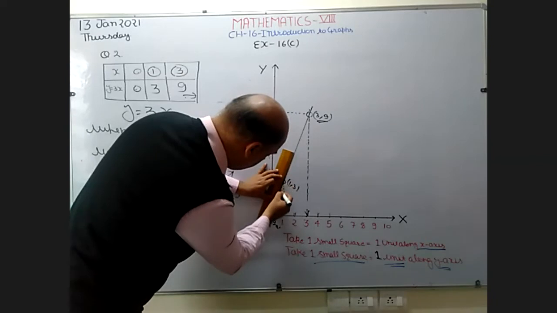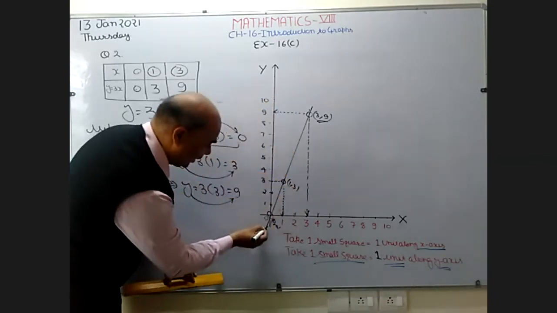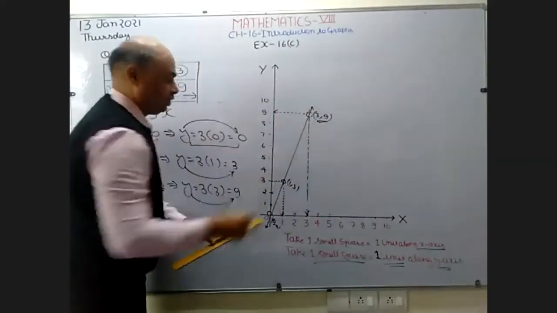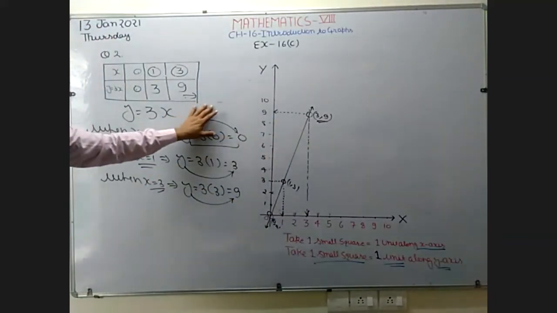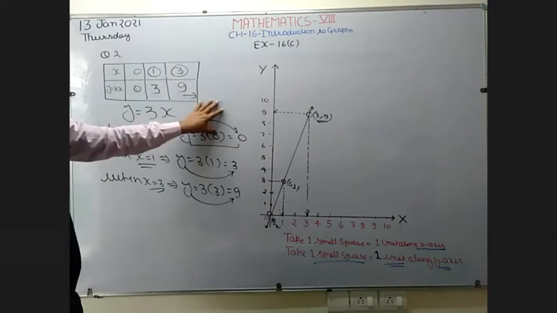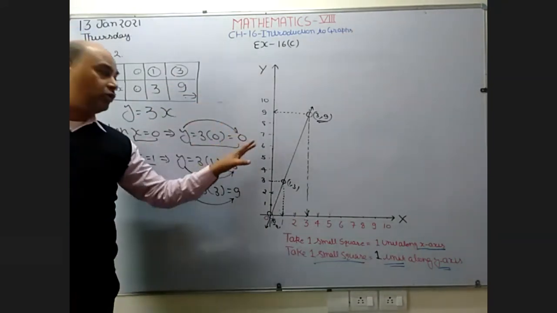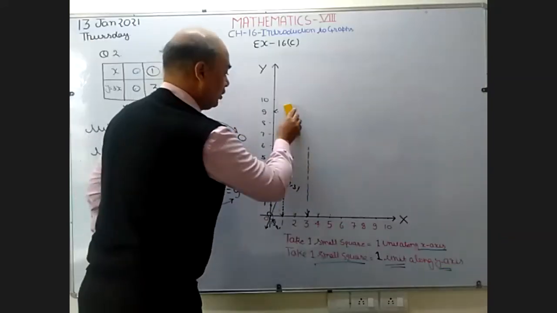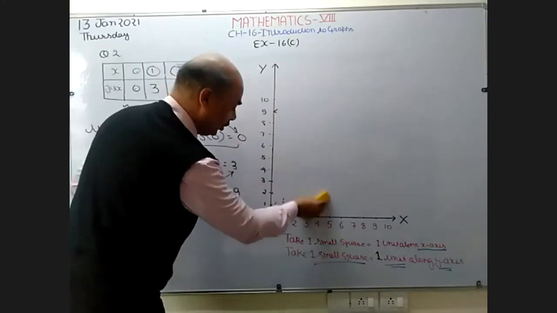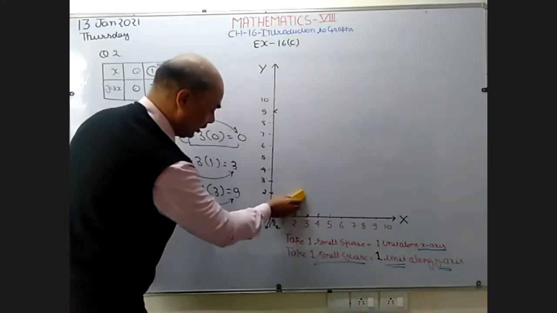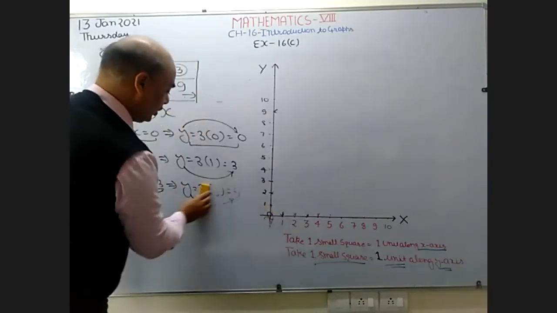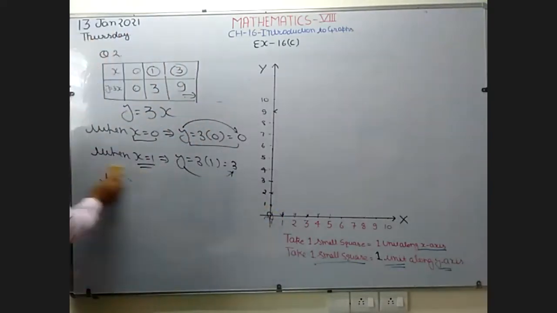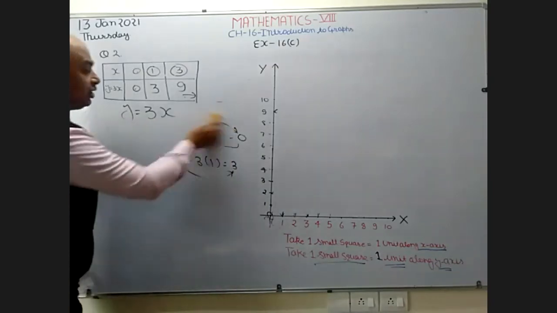When you join these points, it is going to be represented by a straight line. So this is the graph of this question. I hope it is clear to all. If you have any doubt in this question, send a message to me. I want to repeat that with the help of the graph, we are going to find the solution of this question. Because in this question a graph is there, so we have to draw the graph. With the help of the graph, we are going to complete this question.